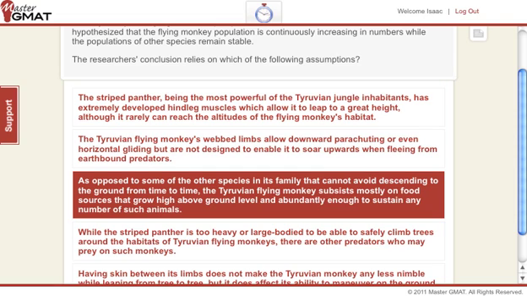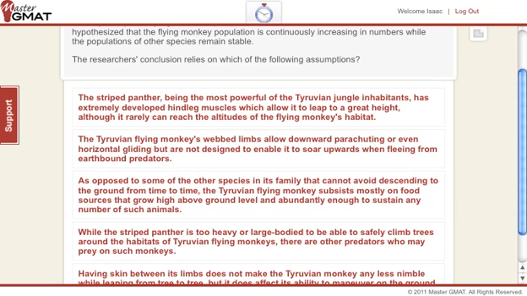So as for the assumption, for the flying monkey population to keep growing, the researchers must at the very least assume it has enough food and that it is well beyond the reach of the striped panther. So this kind of makes sense. A little confusing, a little long, but it does make sense in terms of bridging the gap between the premises and the conclusion. So we have to keep it obviously, we go to the next answer choice,